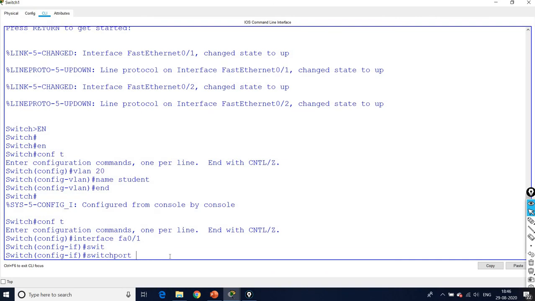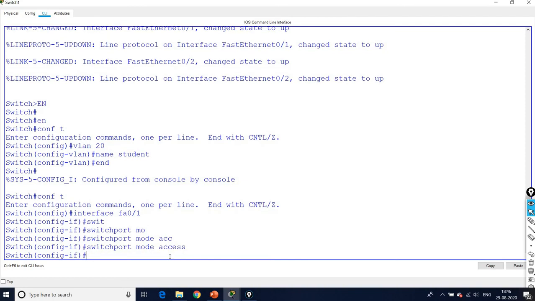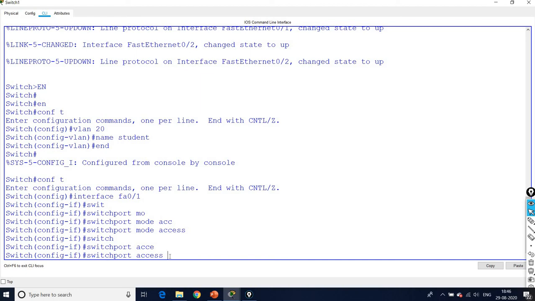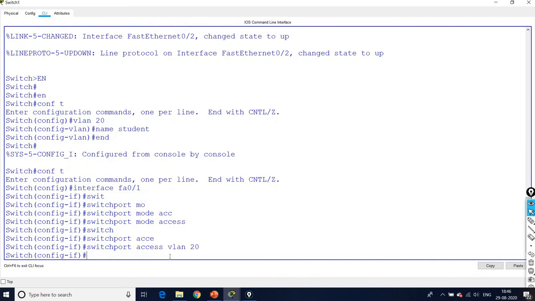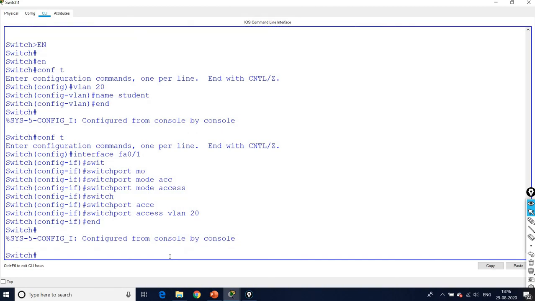You can use the tab command, mode access, and switchport access vlan 20. So now we can end. Now you can see the configuration again.